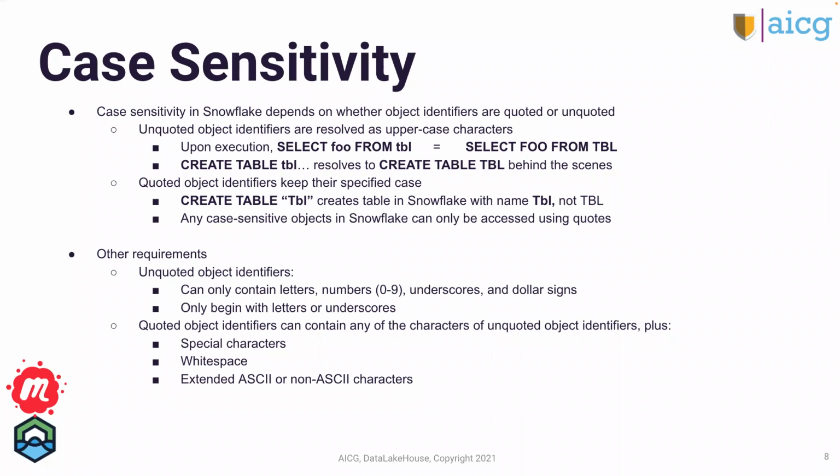So if you can see the example on the slides right now, just select lowercase foo, being your column name, from table, or lowercase table being your table name. That's all. Snowflake's going to comprehend that as being uppercase FOO and uppercase TABLE. So anything that you leave unquoted, Snowflake is just going to assume that it's uppercase. So if you were to, as another example, create a table, where table is all lowercase with no quotes around it, it's going to resolve it to create a table with